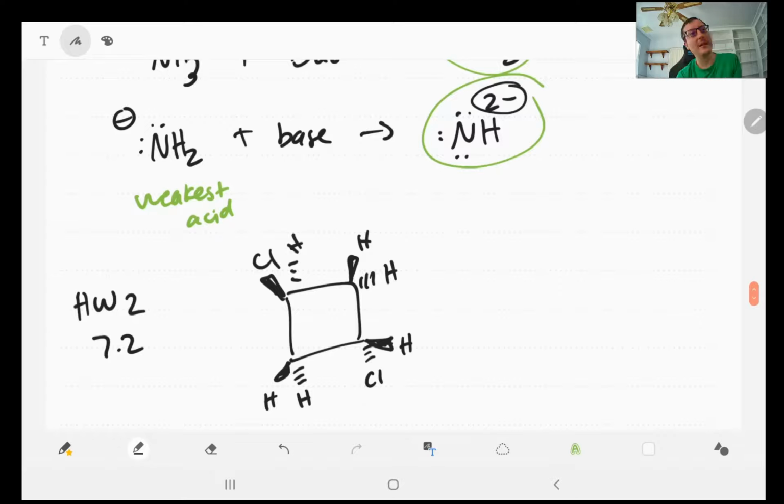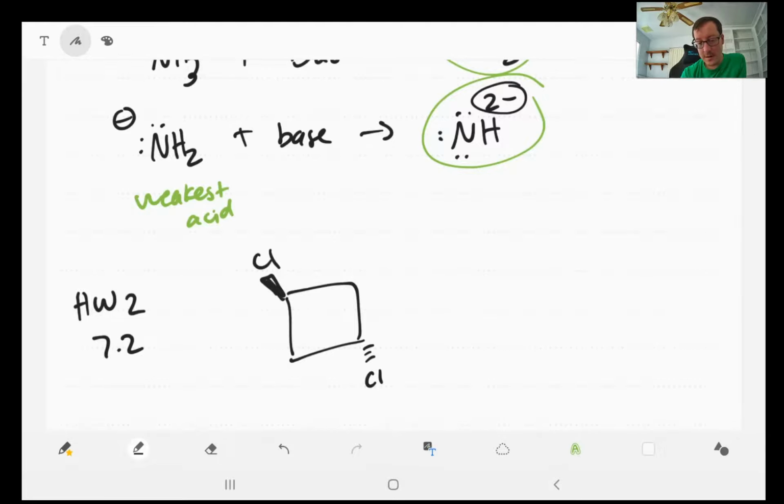Okay, so if we want to name this thing, probably the first thing we want to do is just get rid of all these hydrogens because they're just in the way. We don't need to deal with those hydrogens. They're just going to potentially confuse us. So, ta-da! This should make it a little bit easier to name. At this point, we have not learned, actually this is not a chiral molecule anyway, but